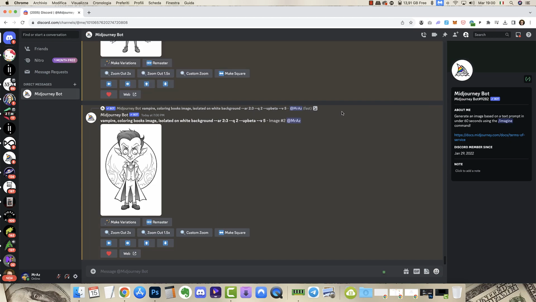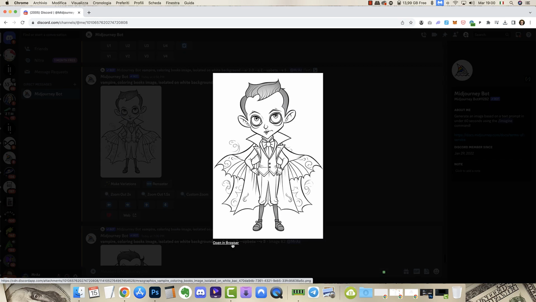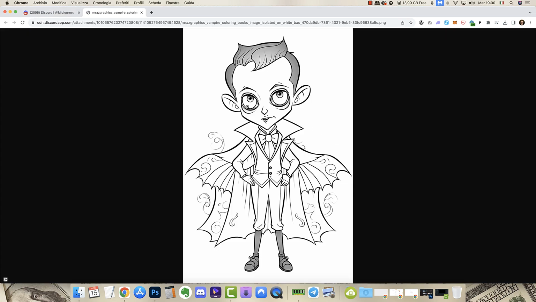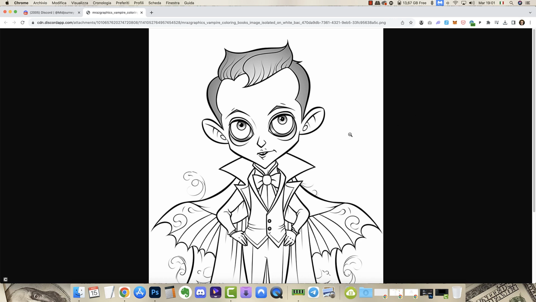In this video we will see how to fix images that are good to be kept but have defects or problems or items we need to remove in some way. So for example, let's start from the first one here. I click open in browser. This is a vampire I did for Halloween. As you can see, there are things that need to be removed also on the mantle. I hope it says the mantle here, and there are black things and gray things I need to turn to blank. So I move this to my desktop here, okay,